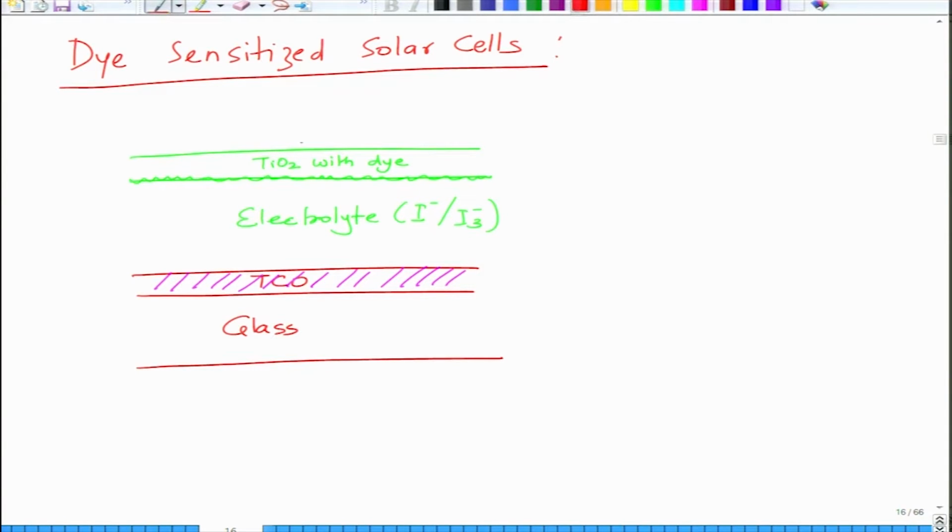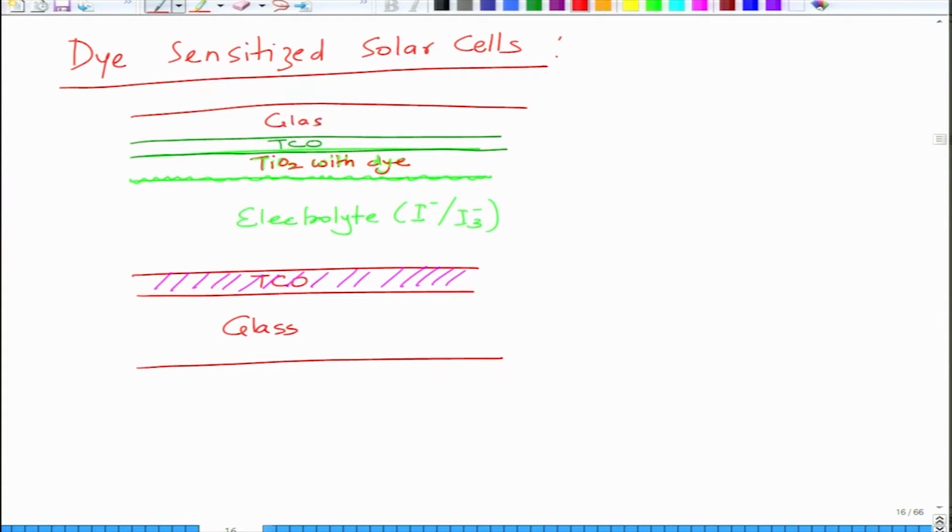So, this is TiO2 with dye, and this dye is photosensitive. And then again we have on top a layer of TCO, transparent conducting oxide, and then again on top we have a glass layer. And when you connect these TCOs, we have a load, and we get the electricity out of it when we shine light on it. And this layer is about, in this case, nearly 10 micron thick,